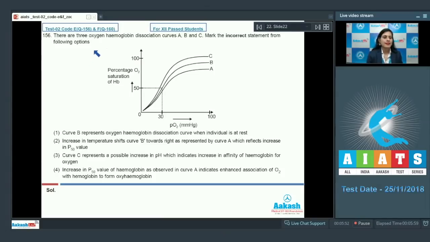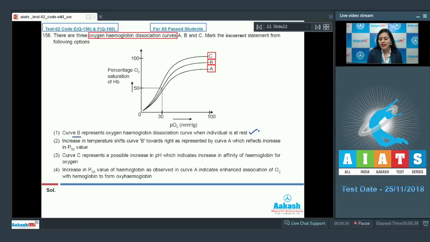Question number 156. There are three oxygen hemoglobin dissociation curves A, B and C. Mark the incorrect statement from the following options. As you can see here in this graph, which represents oxygen hemoglobin dissociation curves, we have A, B and C in this order. Now the very first option given is curve B represents oxygen hemoglobin dissociation curve when the individual is at rest, and